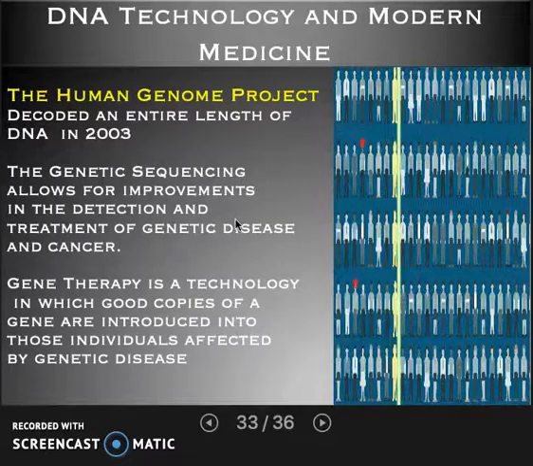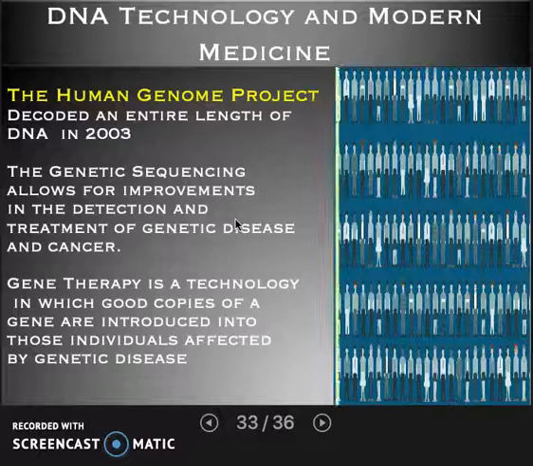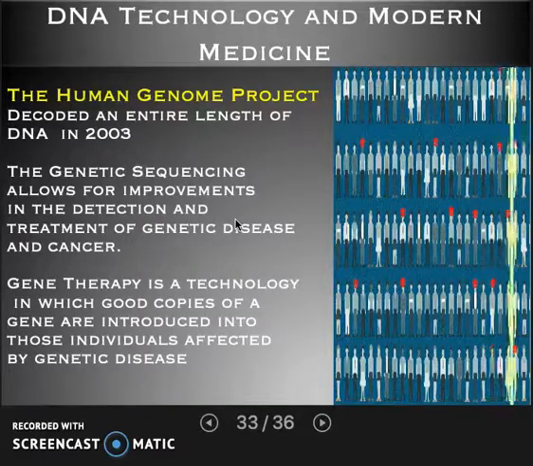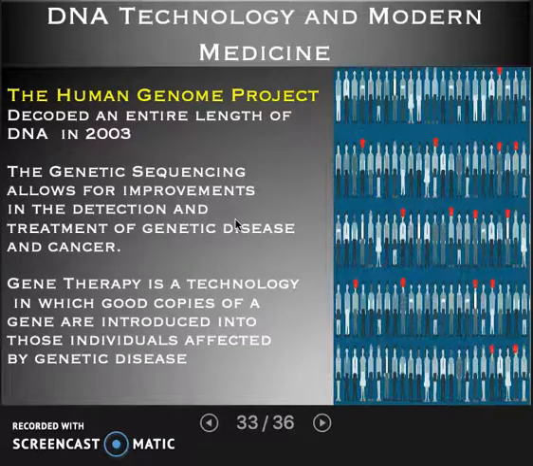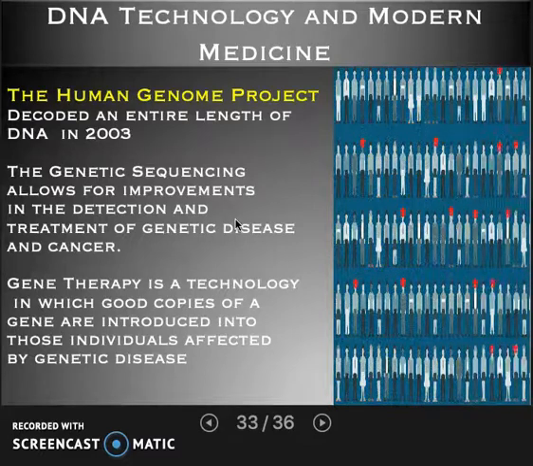Now that has great possibilities, but it also has some difficult ethical questions. So, for instance, if you knew that your family had a history of breast cancer, wouldn't you like to know whether or not you carried that gene? And for most of us, the answer is yes, because then you could maybe modify your diet and take care of yourself and get regular checkups.